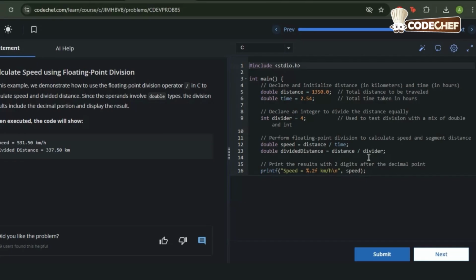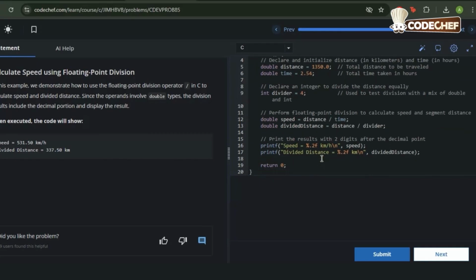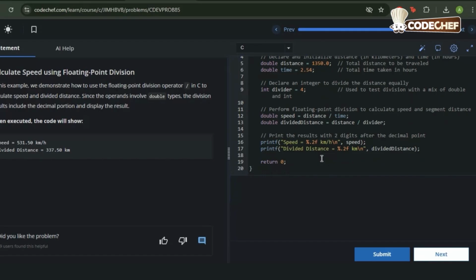Now our next part of the code will explain the printfs. This prints the speed with controlled decimal places. Speed is equal to %0.2f kilometers per hour \n, the format string.